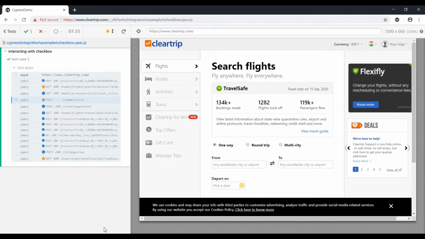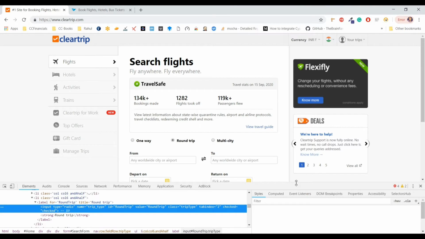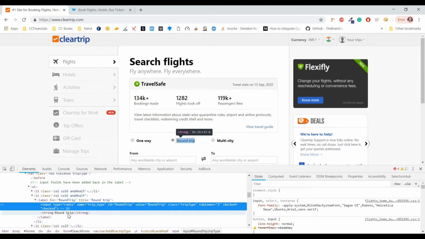Now we will get the locator for the round trip radio button, and we will try to click on it. So you can see the type is radio because it is a radio button, and we have ID and name. So I'll use the ID.